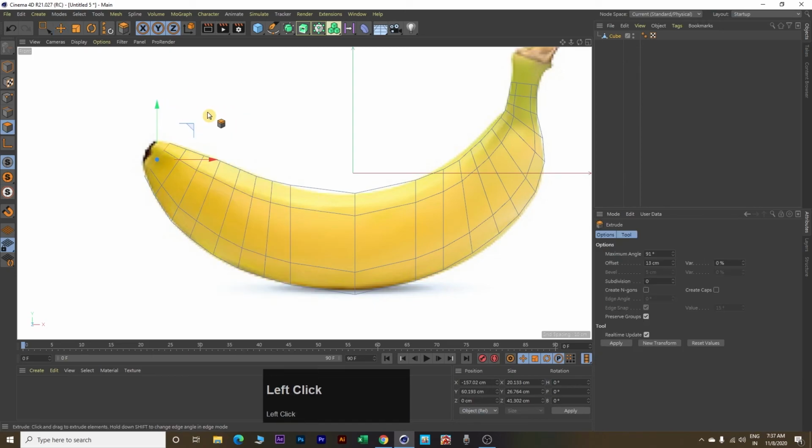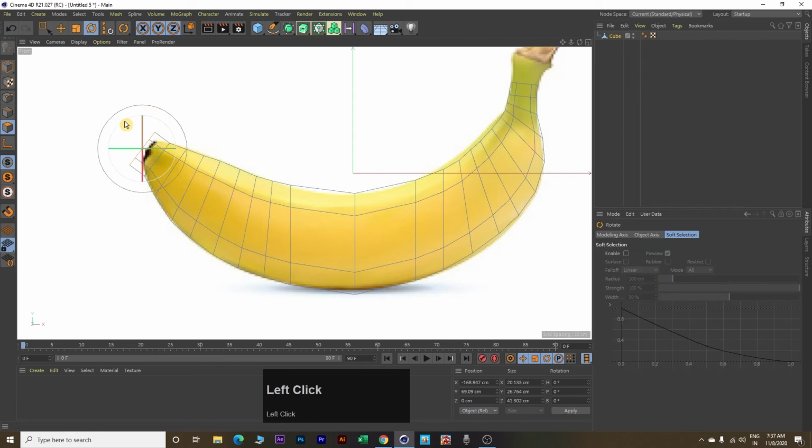Again extrude, rotate, resize, move it upward, resize.